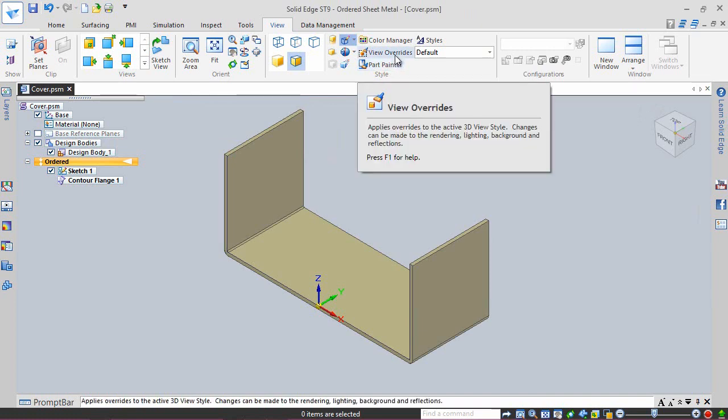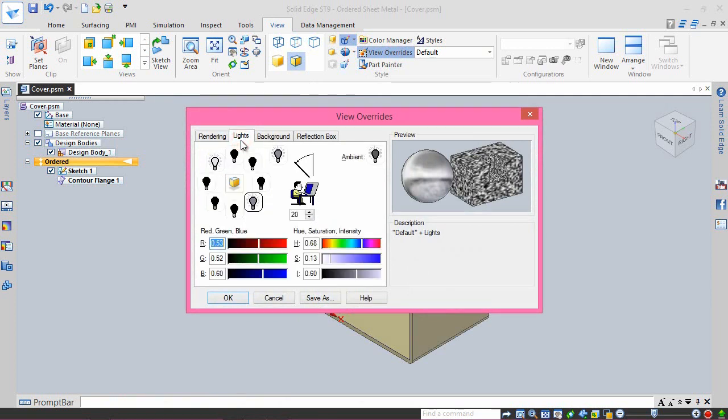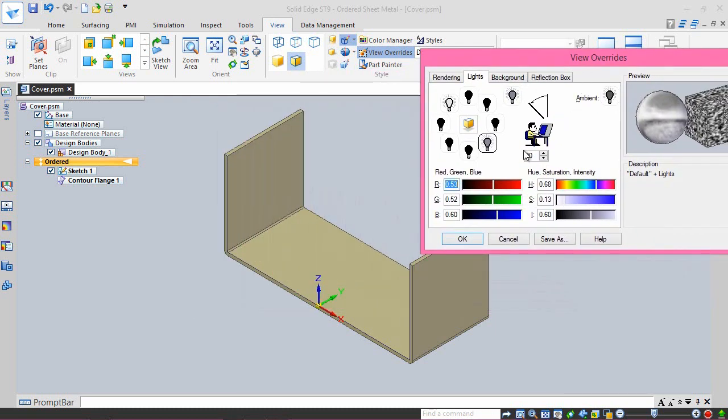With the help of view overrides, we can change the lighting. From here, we can change the angle of the light.